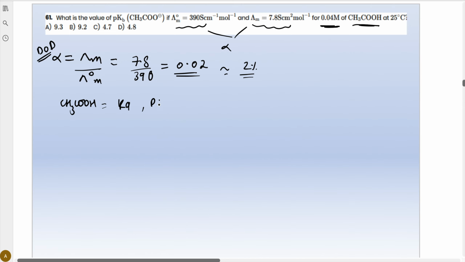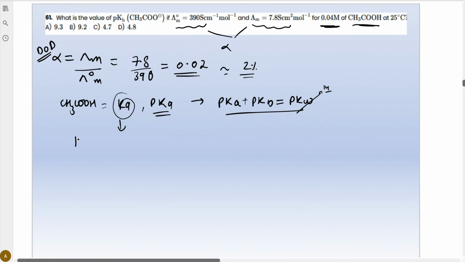We'll have the pKa value, and pKb you can calculate, because pKa plus pKb is equal to pKw. pKw you always remember, it is always 14. So now check how we will calculate the Ka value for acetic acid. So Ka will be equal to what? C concentration is given to you, alpha is given to you. Ka for acetic acid will be C into